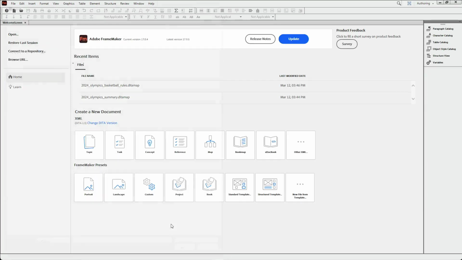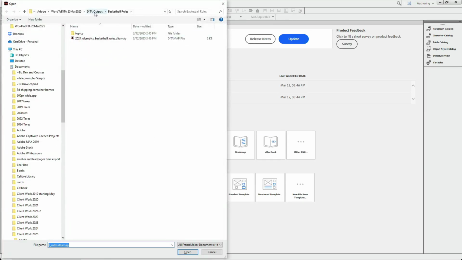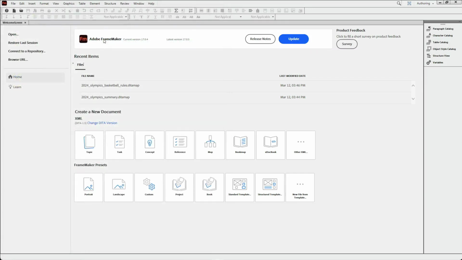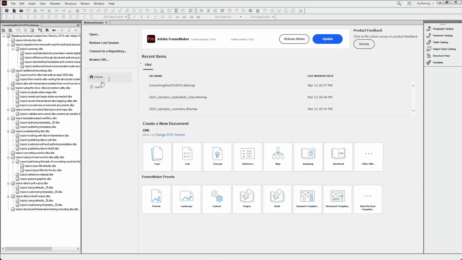Let's go ahead and open up that larger DITA map. And look at this. Clearly, we've got more context within this document than we had within the others. I've got my DITA map here, and then I've got first, second, and third level topics that are nested within the doc. I can edit each of these individually,